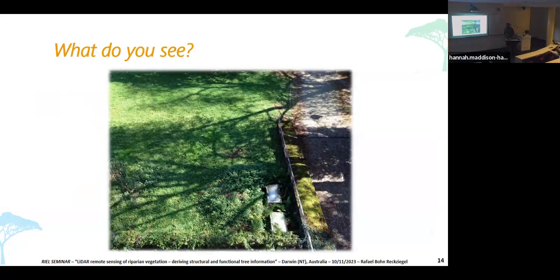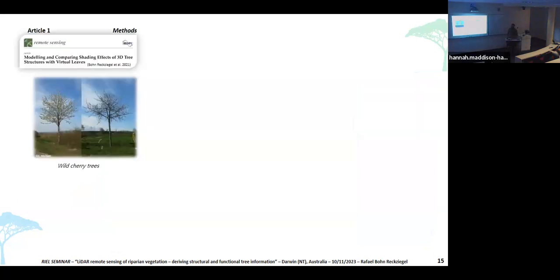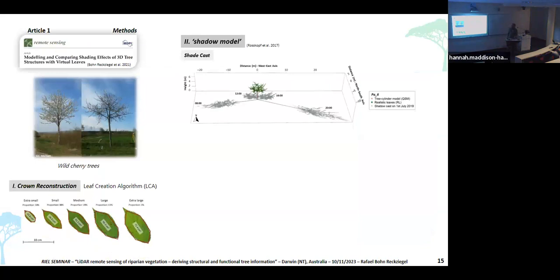The inspiration, the motivation, was that if I fit a circle, a cone, or an ellipsoid to represent the tree crown, it wouldn't make sense. You see the shading effect is really organized by the distribution of the woody body and the leaves. And so in my first study, we